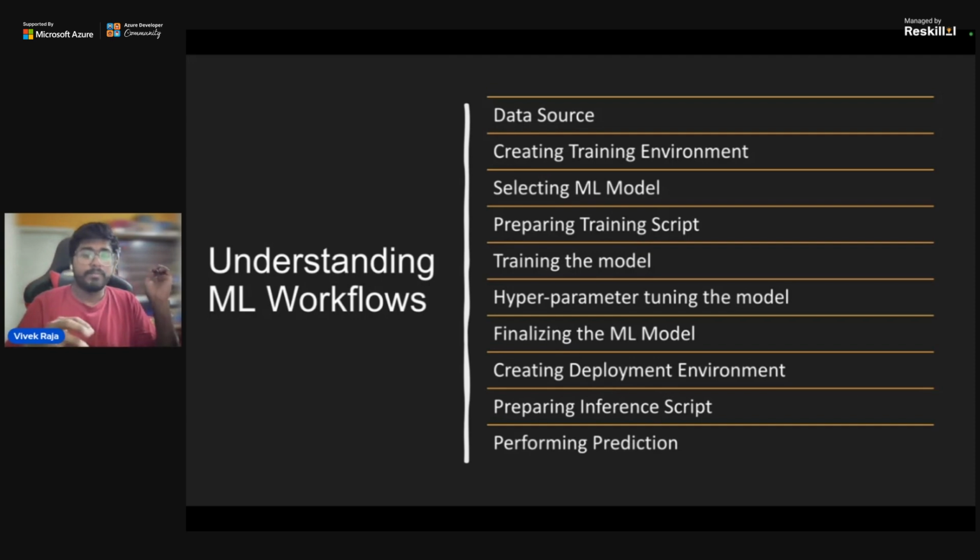You have a trained model, and you find a way or create a pipeline that takes the data we need to predict on and passes it through the model. So how do you do it? You write an inference script to take that data, run it through the model, and perform the prediction.